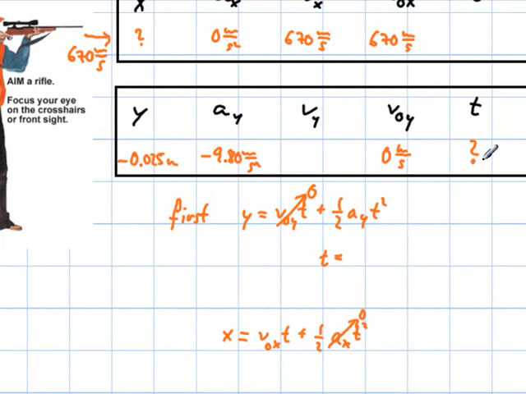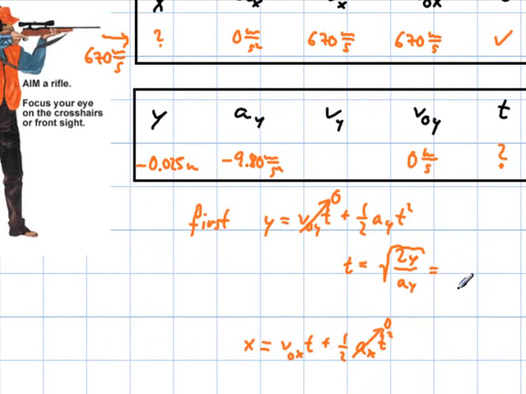We solve for time here, so then once we have it here we can put it in here, so I make a check mark there, and now we have enough information to determine the x. But I better finish the algebra here. So t equals 2y divided by a_y, take the square root,